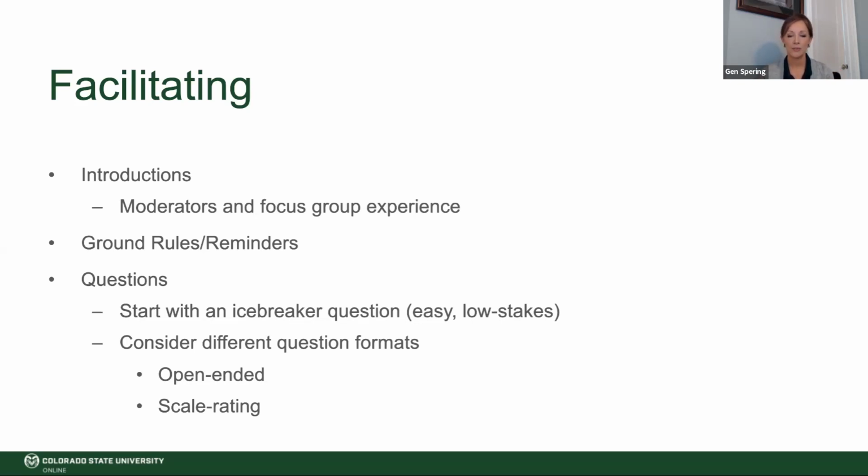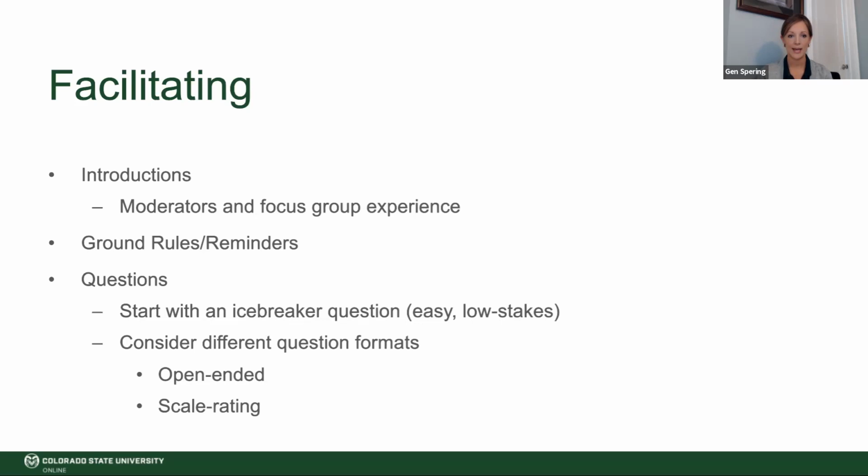And then it's helpful too to share out how you would like to use the findings, to give folks some idea of what the usefulness of their participation will be. And we do like to also cover a few ground rules after the introductions. This includes things like emphasizing that we really want candid, honest responses. There are no right or wrong things that they could say. We're just looking for candidness and honesty, and remind them of the confidentiality and the consent information that they agreed to, just briefly.